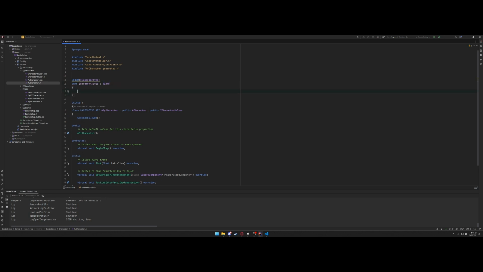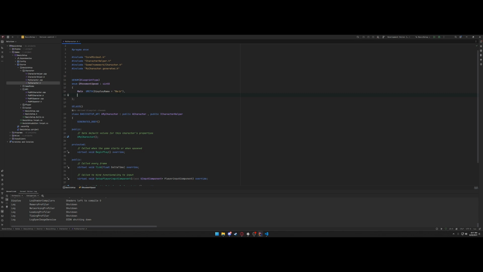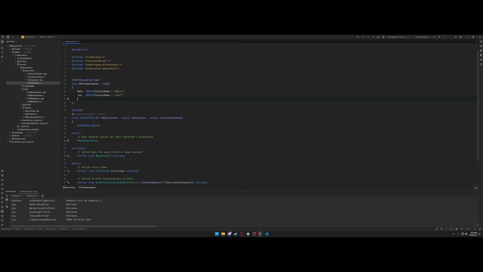Now you just define it, walk, and then we're gonna type in UMETA DisplayName and walk. So this UMETA specifier is what's gonna show up in the blueprint. So this is the C++ name, and this is the name that's gonna show up in blueprint. Then jog, UMETA DisplayName, jog, and sprint, UMETA sprint,